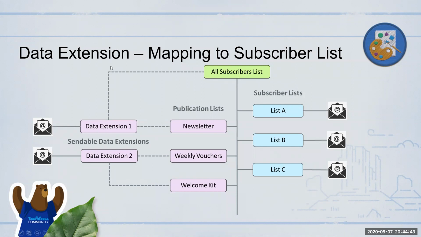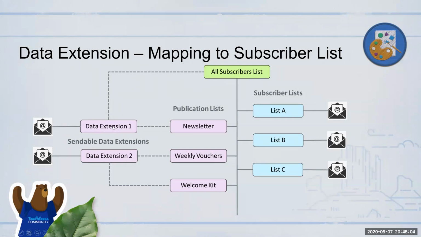So then the mapping now happens. If I have 100 subscribers in this data extension, when I'm sending, it will always check whether this person is unsubscribed or not. If they are not, it will send. Now, in most cases, when we actually try to send to the data extension, it will ask us one thing.